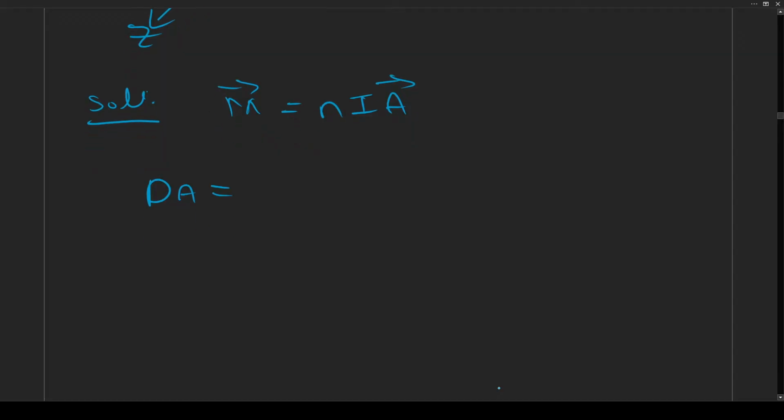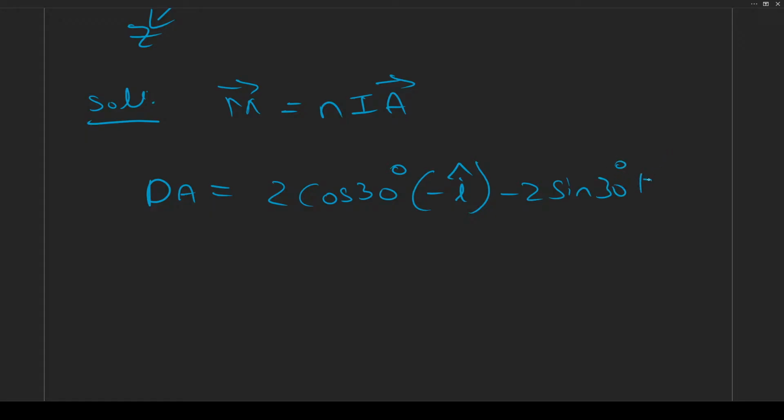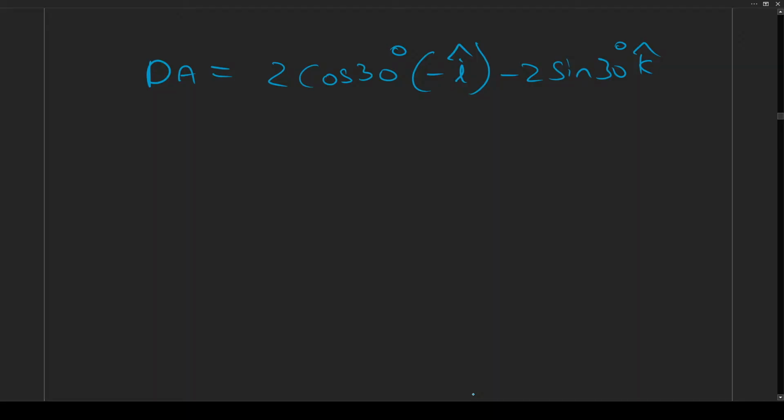DA, this side, which is equal to 2 is the magnitude, cos 30-degree. This is minus I cap, and it's also in the K direction. So minus 2 sine 30-degree K cap, which we will finally get to be around minus root 3 I cap minus K cap,